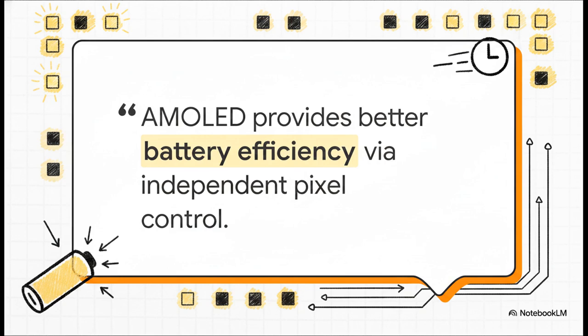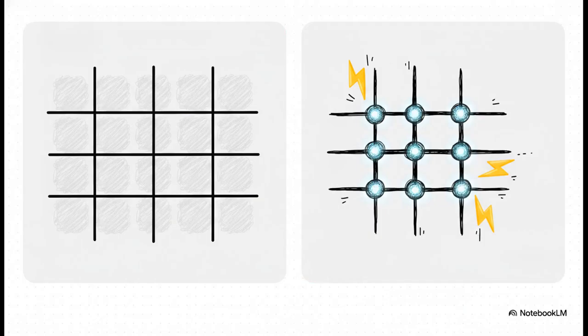And the so what here is huge. This doesn't just improve refresh rates. It drastically improves battery efficiency because your phone is only sending precise power exactly where it's needed for exactly as long as it's needed. So if we put them side by side on the board, basic OLED relies on a